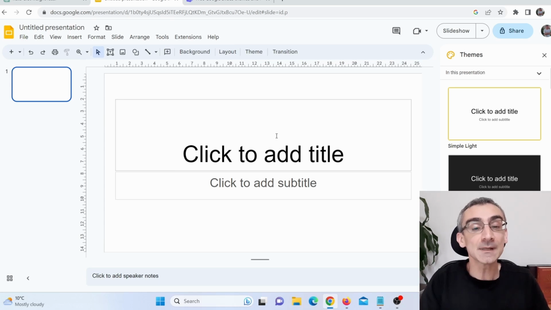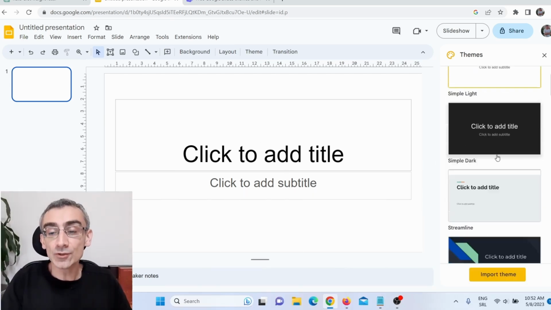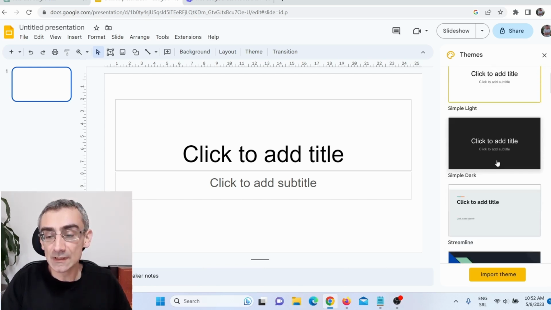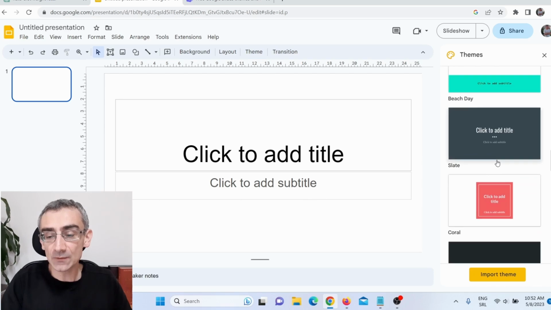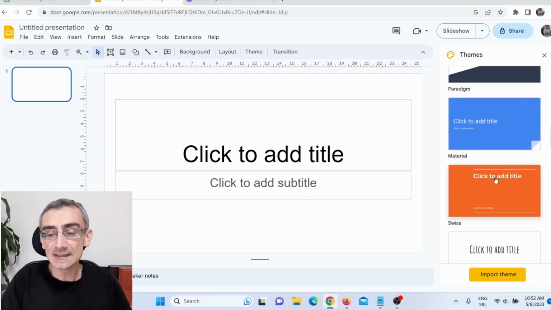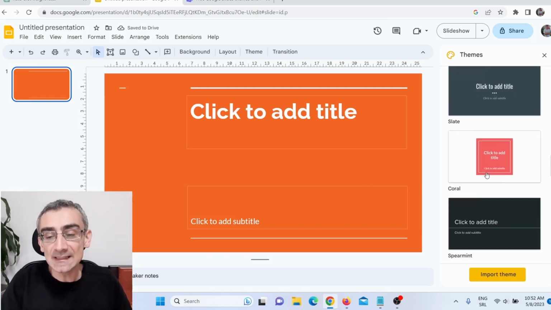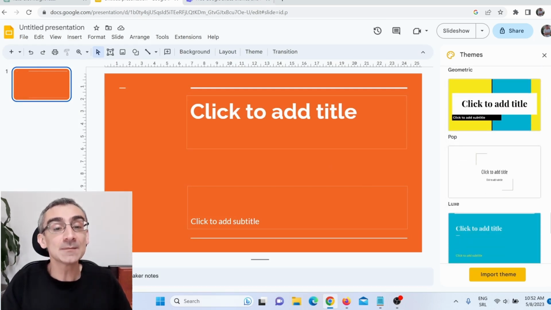Now you can create a presentation from scratch, as you can see here, or here on the right side you can choose one of these themes here. So for example, let's just say I wish to use one of these themes. So let's just say, for example, I will use this theme here, okay? And also, if you don't like any of these themes here that are available, you can simply go on this